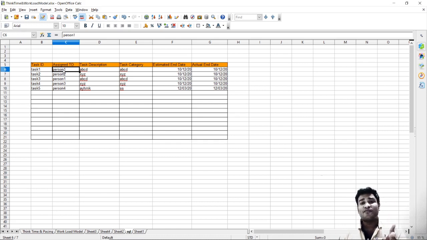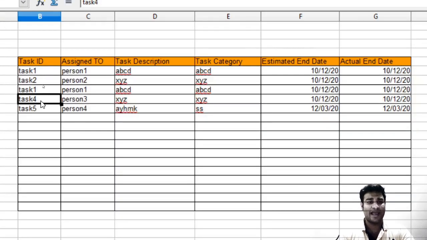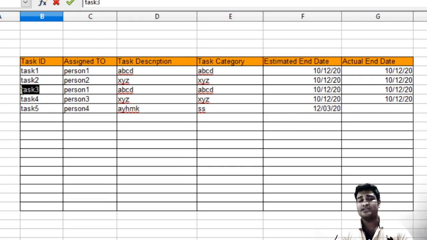It is unique, it has a unique value. No two cells can have the same value. If task 1 has already been used, then it cannot have task 1 again for task ID. And third, it cannot be null. Because if we allow null, then more than one cell can have the null value, and this again creates duplicacy. Whenever we find our task ID with null, it will show us two records. So primary key is something which is used to make sure every row has its own address. So this is what a primary key is.